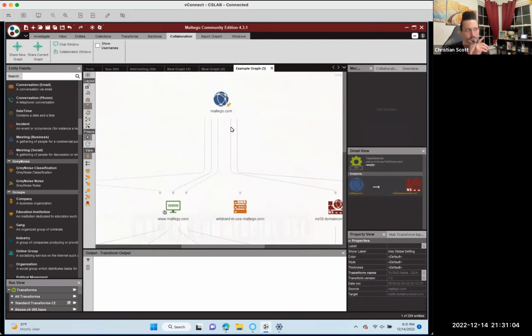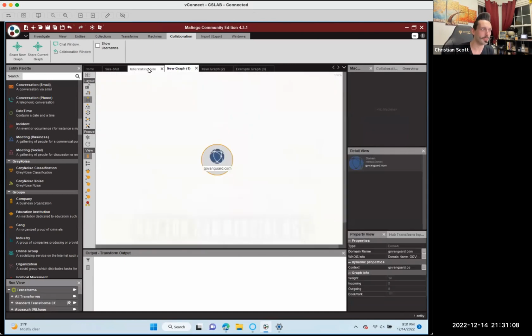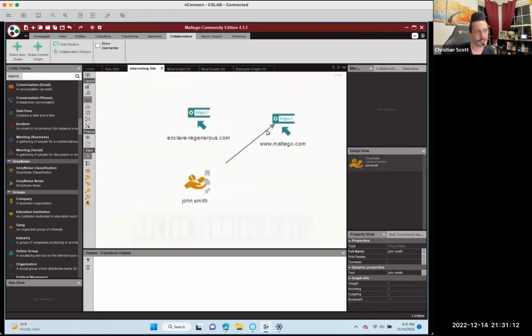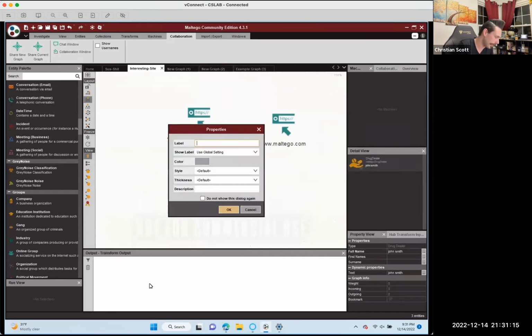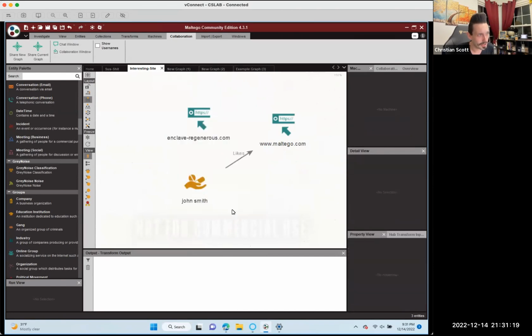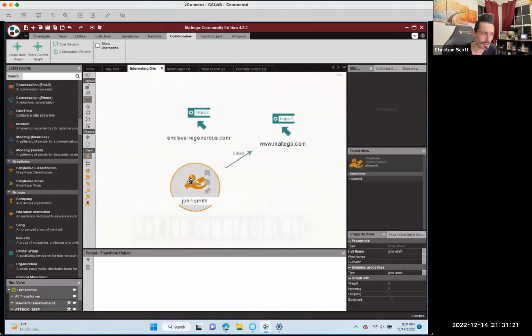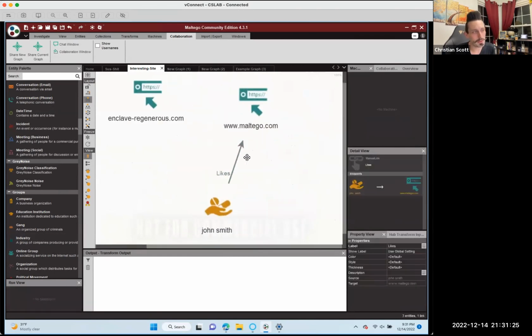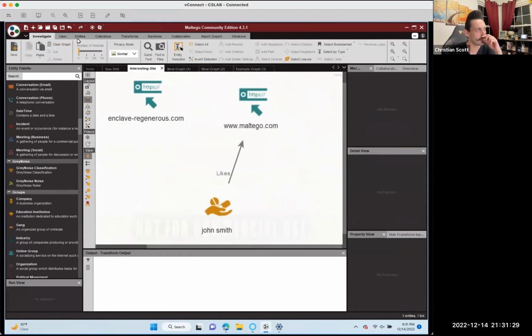Now, we can create relationships between things manually. So we could say like, hey, this thing is related to that thing. And then we could create a label, right? Like, likes. So John Smith, who's a drug dealer, likes this thing, right? By the way, maybe it's the other way around, right? Well, in our views here, what we can do is